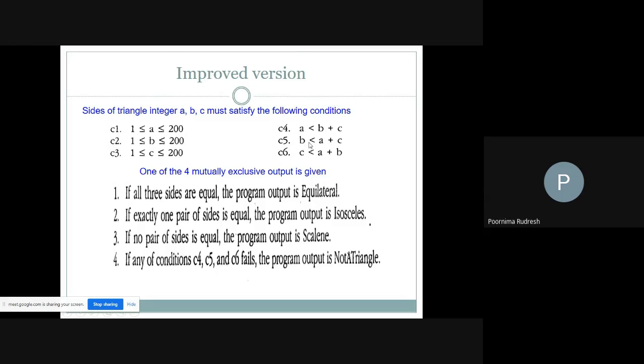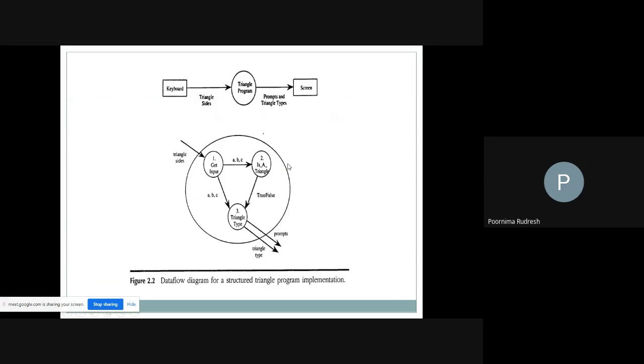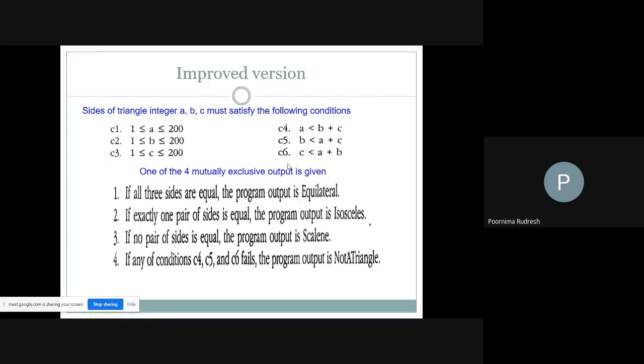Similarly, b is less than a plus c and c is less than a plus b, so this condition we are verifying. Okay, and so once this condition is given, next one of the four possible mutually exclusive outputs is given.